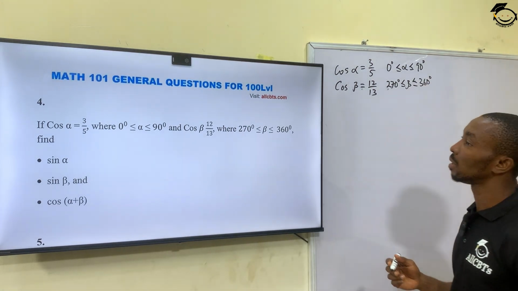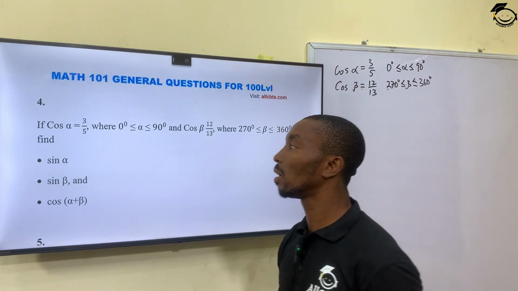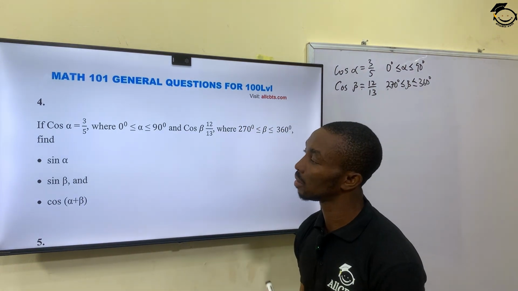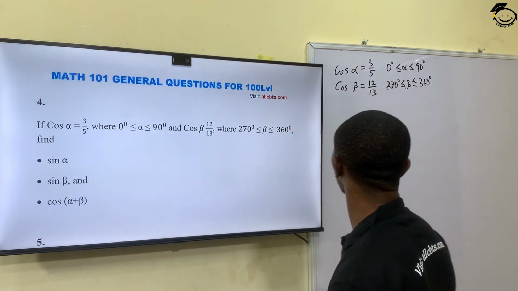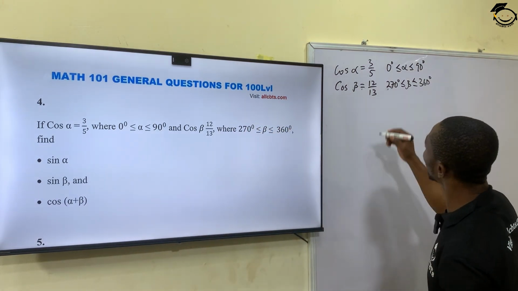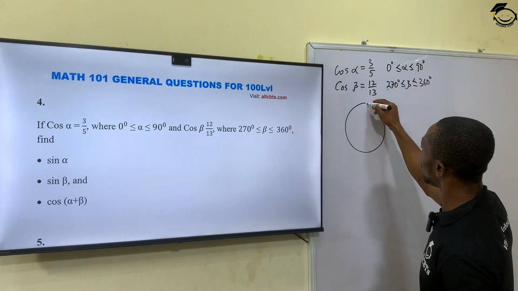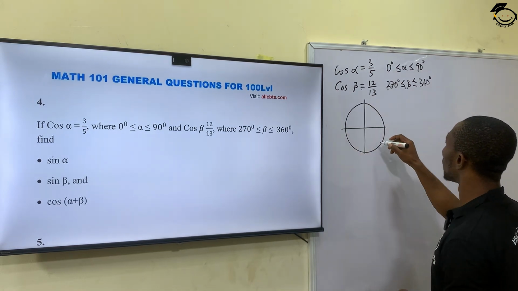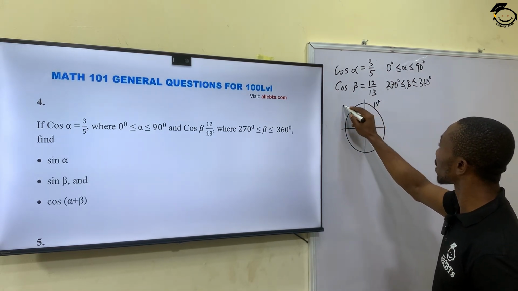Now we should find A, sine alpha, B, sine beta, and cos alpha plus beta. Now, it is important to note that we have our first quadrant, second quadrant,